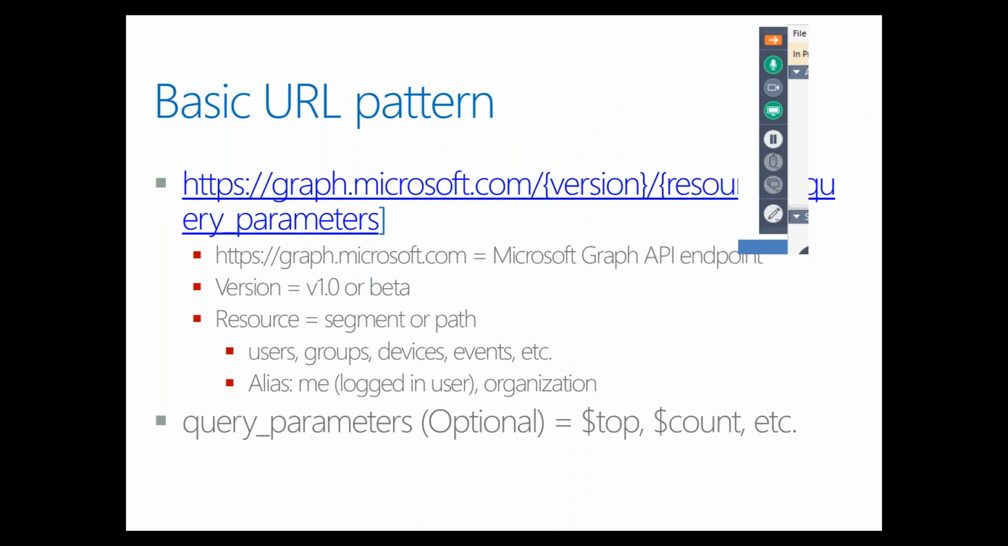If you want to work with this Microsoft Graph API, then this is the basic URL pattern. I'm not covering so much of the Graph API theory and the concepts behind it. We'll directly jump to the Graph Explorer in a few minutes. So if you want to work with the Microsoft Graph API, this is the basic URL pattern of accessing any resource: